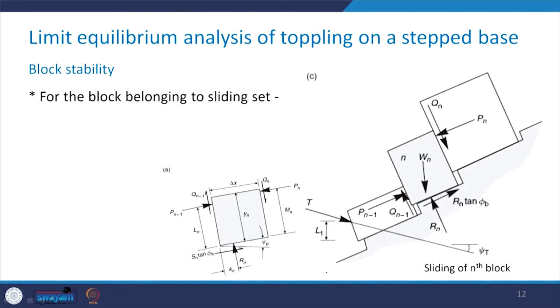So, for the block which is belonging to the sliding set, till now what we discussed was about the toppling block, but in case the nth block is not toppling but undergoing the sliding, then what can be the situation? Here are the forces which have been shown in case of the sliding of the nth block. So, what we are going to get here as Sn will be equal to Rn tan phi_p, that is equation number 24,